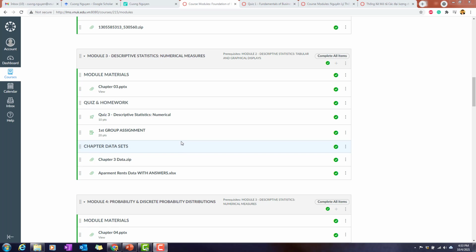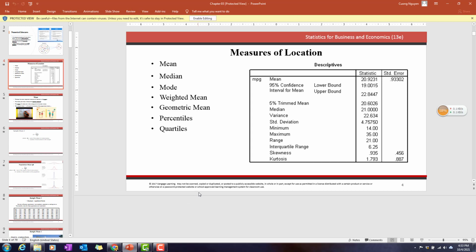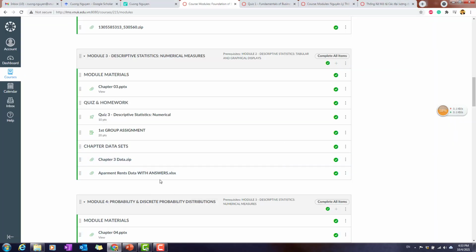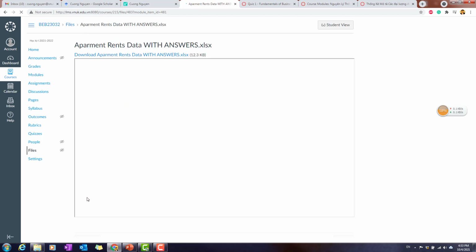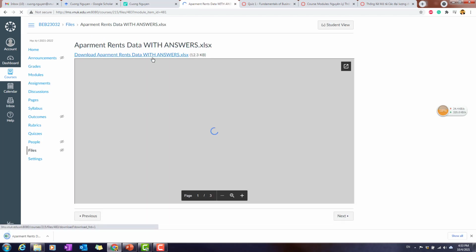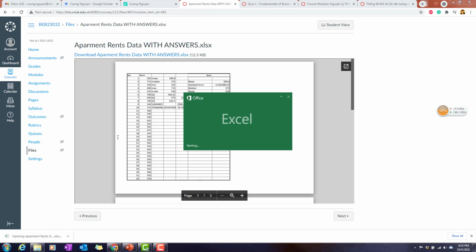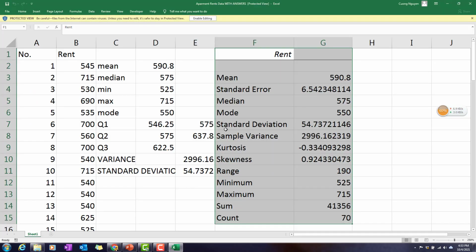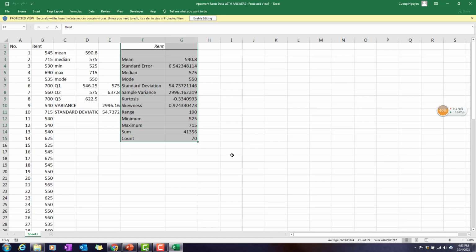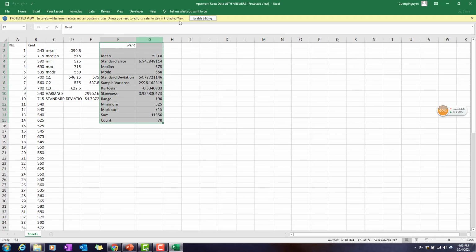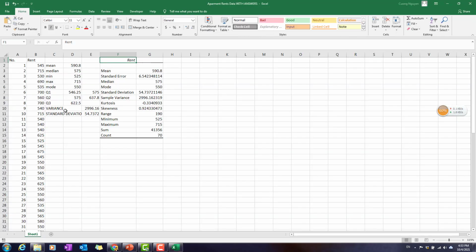Hello everybody, and in this section I will show you how to practice with the measures of location. The dataset is called apartment rent with the answer, which I uploaded. You just have to go up here and download it. To be honest, I already did all the calculations. I will scroll down a little bit, zoom out. I already saved all the